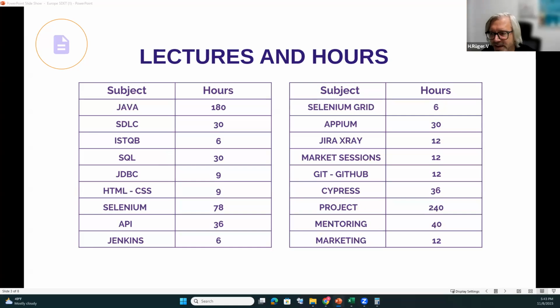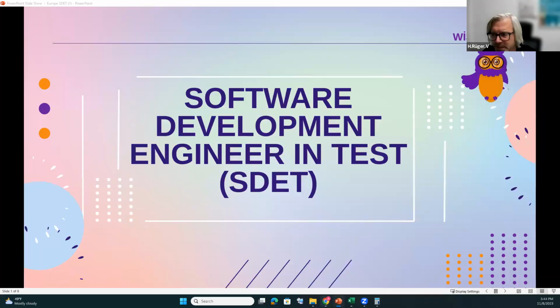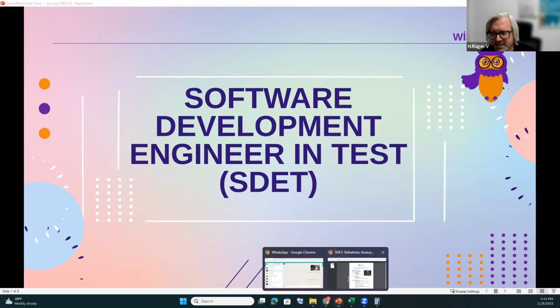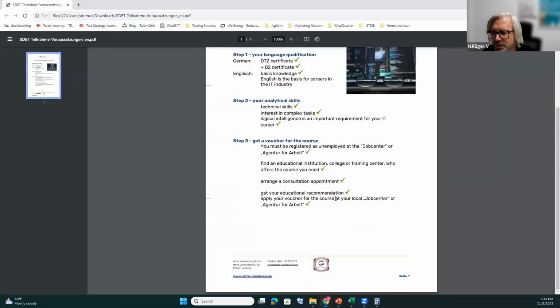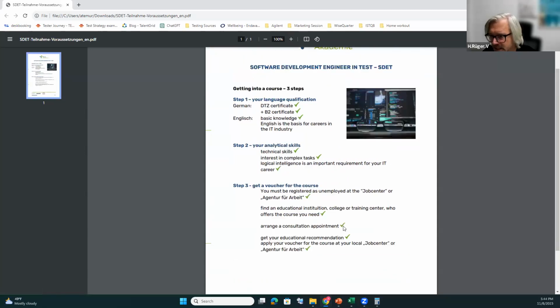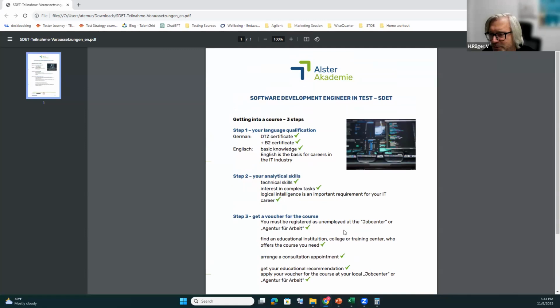If you have any questions about how to get into the course, or how to manage it with a company or an organization, you can write to the info@alsterakademie.de email address. We try to help you and give you the information.